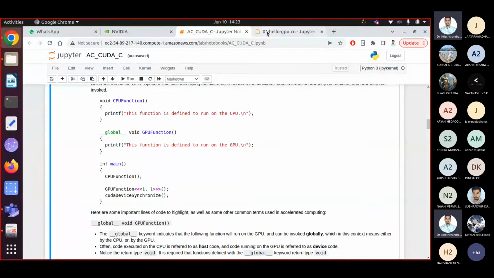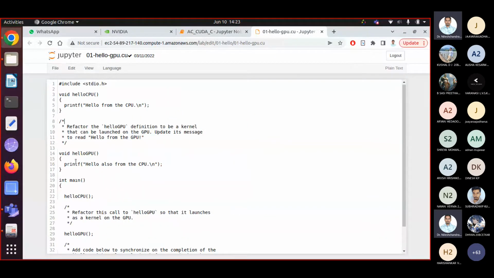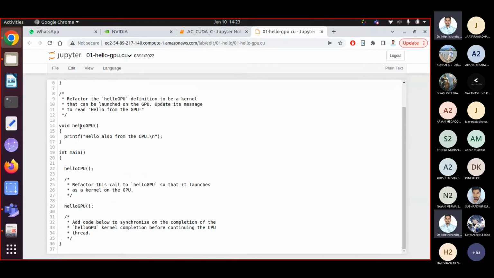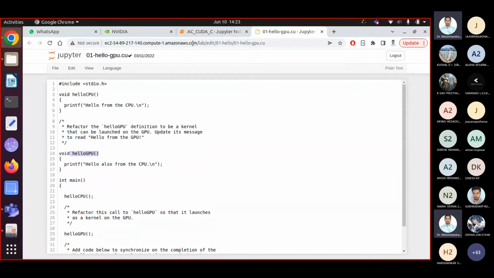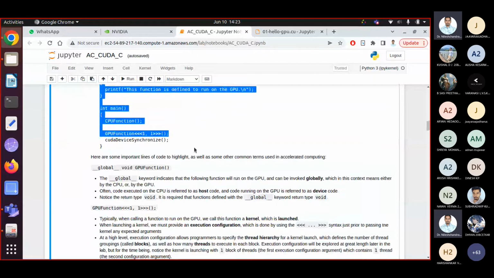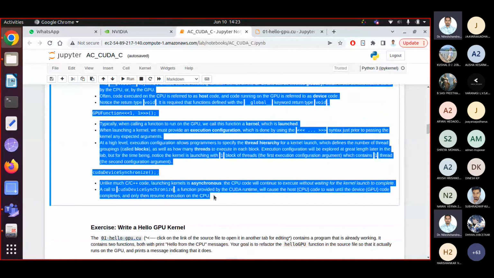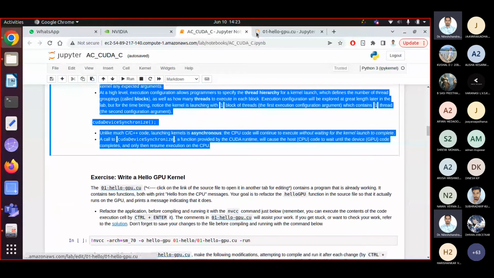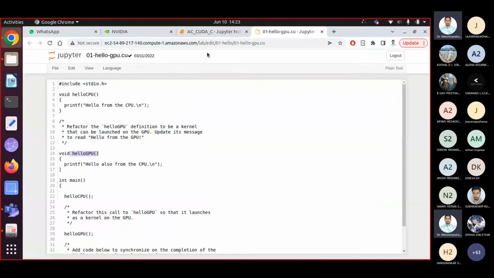Now it is asked that you modify this particular code so that the hello GPU function will be executed on the GPU side. For that, take 2-3 minutes. First of all, read all these statements, understand their purpose, and then try to modify hello gpu.cu.